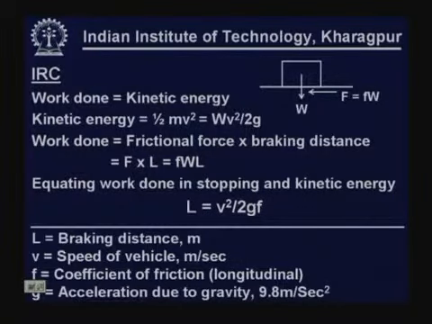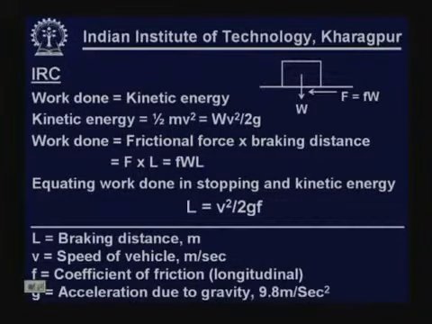So, half m v square, where m is the mass, equals half w by g into v square. If we equate these two, work done equal to kinetic energy, L is v square by 2 g f,